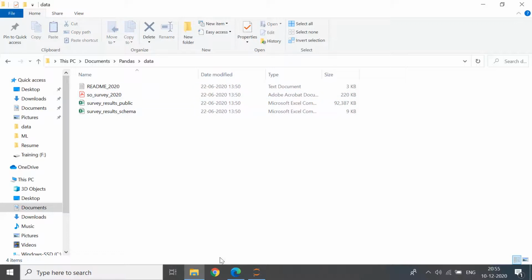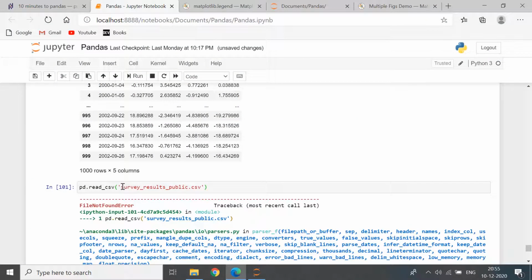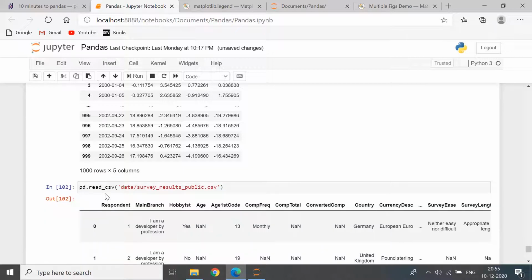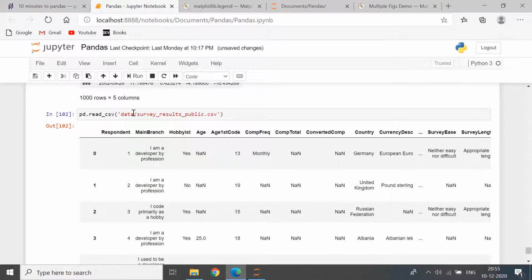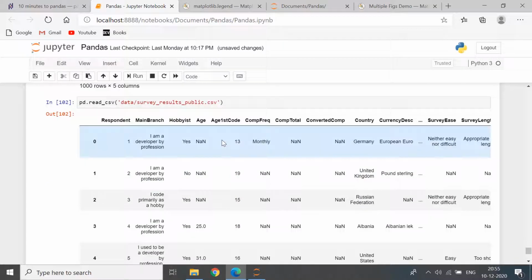You need to give the reference position with reference to the folder. So doing data and then this will first open the data folder and then get the CSV file.